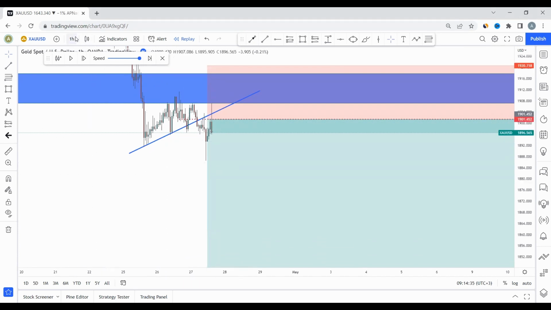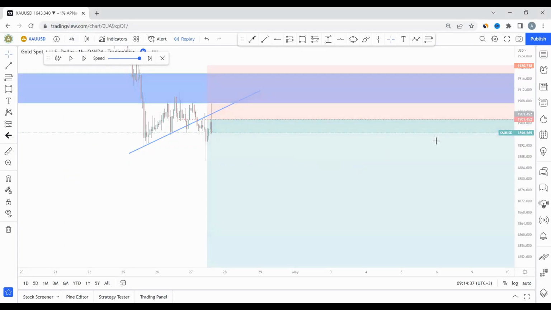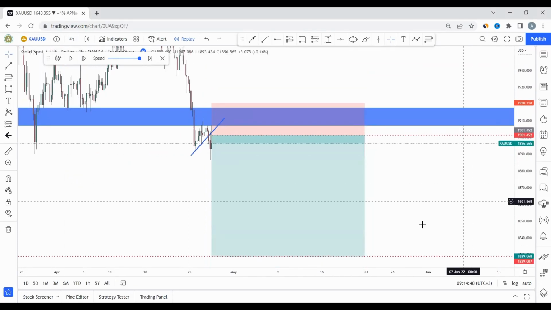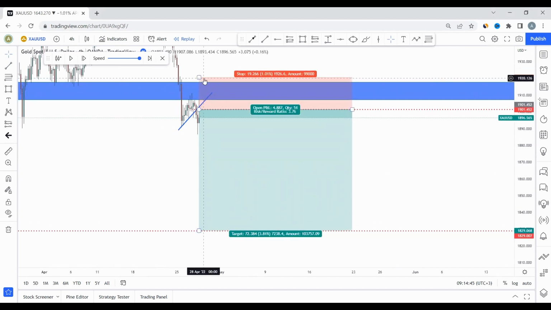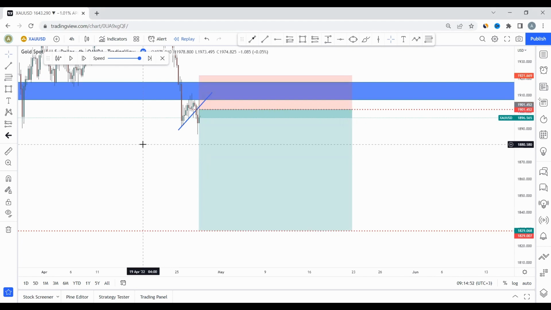So now let's just go back to H4 and then we can play forward and see if we shall hit target. Always make sure your stop loss is above a structure that can protect you, right? For example, here our stop loss is just above this structure. If the market goes beyond here, you won't be so hurt that you lost a trade, but losing a trade carelessly is so hurting, right?